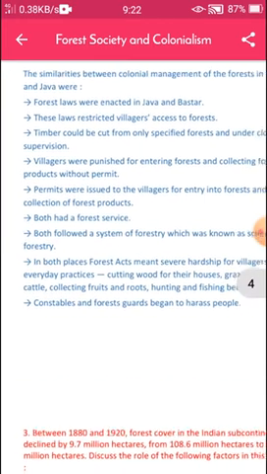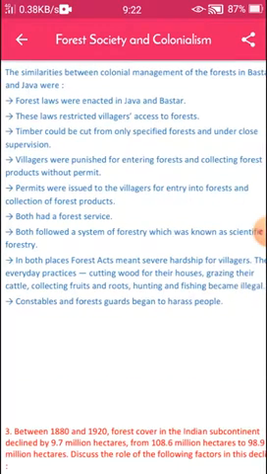Their everyday practices, cutting wood for their houses, grazing their cattle, collecting fruits and roots, hunting and fishing became illegal. Last point, constables and forest guards began to harass people.